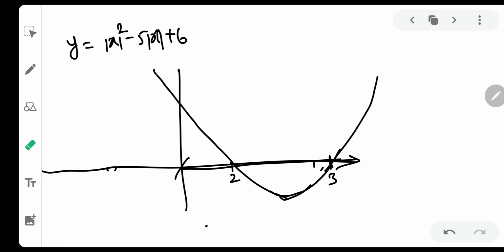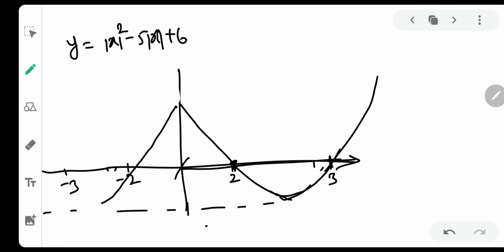So you do this. Whatever the graph on the left hand side, you rub that, and then you copy the same graph from the right hand side to the left hand side. So this is 2, right? This is minus 2 and this is minus 3. Now can you plot the same graph over here? Anybody can, right? So this will be something like this. Do not go by the scale or symmetry, but this graph will look something like this.